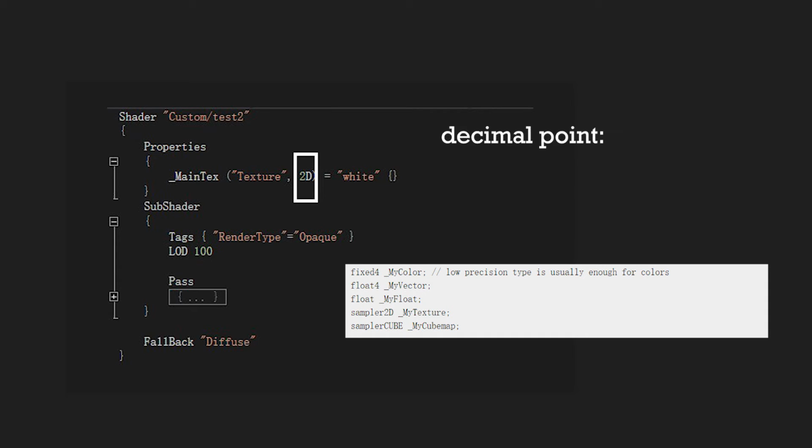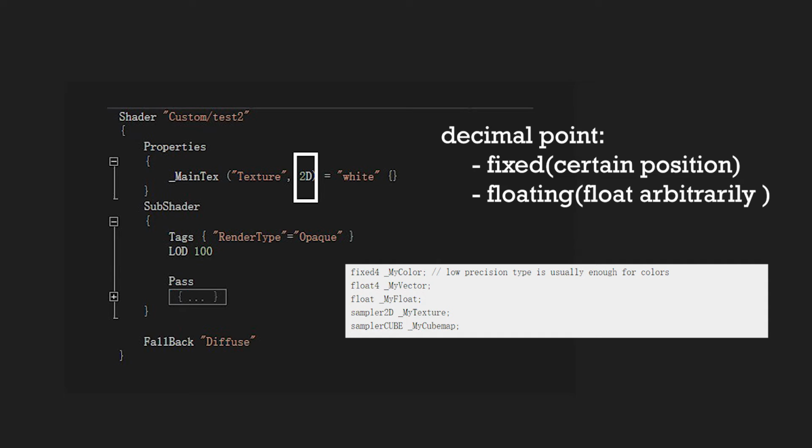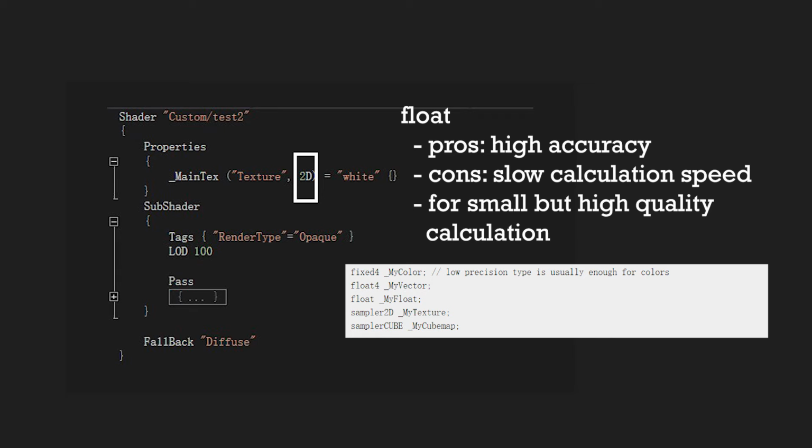Most of the data processed by the computer have a decimal point. And the decimal point can be expressed in 2 ways in the computer. A decimal point fixed at a predetermined position is called fixed point notation, or fixed point for short. Corresponding to another method, the decimal point can float arbitrarily, which is called floating point notation, or floating point for short. Therefore, floating point numbers have a higher precision than fixed point numbers.